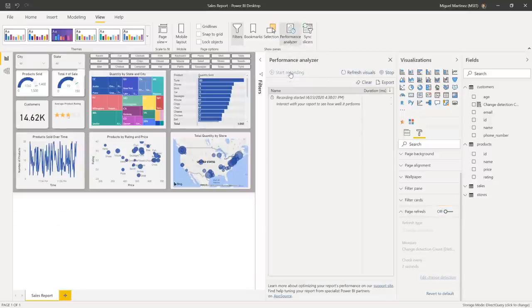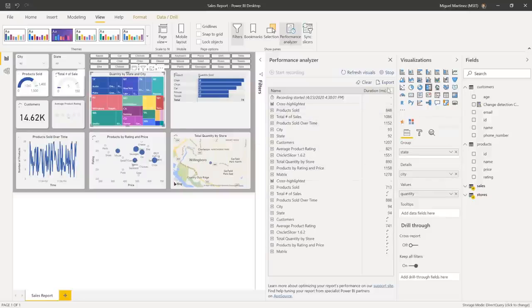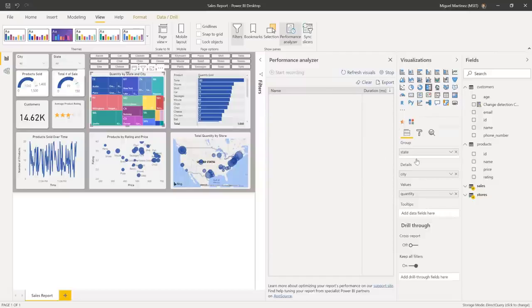I'm going to start recording, and if you remember, you can basically interact with your data, and you're going to see different buckets of things that are happening. In this particular case, we are cross-highlighting, and all of the visuals in this page have a specific performance. So what I'm going to do now is clear it first so we get a clearer picture,